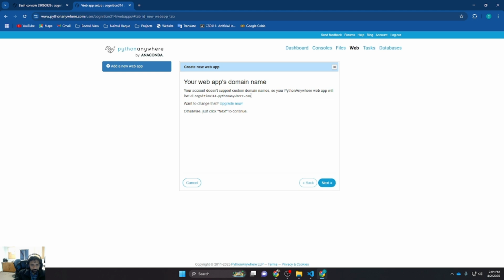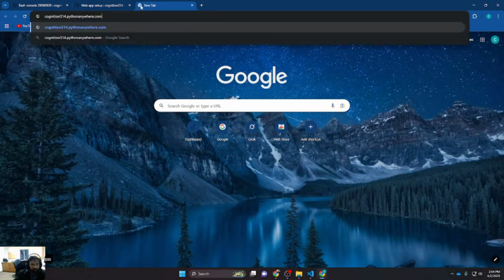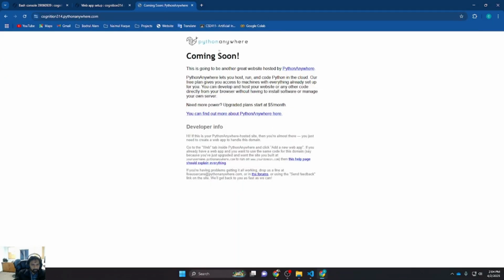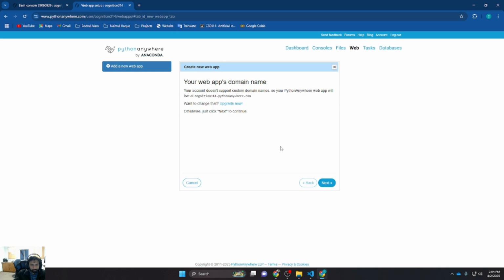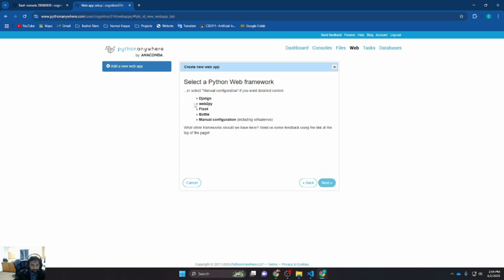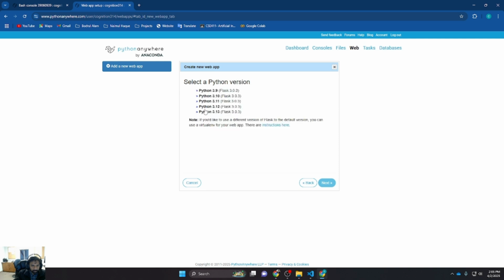Then we don't have any domain name right now. So this is the link where our application will be hosted. So if we go here, we will be seeing our website after it's deployed. Right now, if you go there, you're not gonna see anything because it's not deployed. So it says coming soon or something like that. So anyway, we can click next. We know that we are using Flask, so we can click here, Flask,